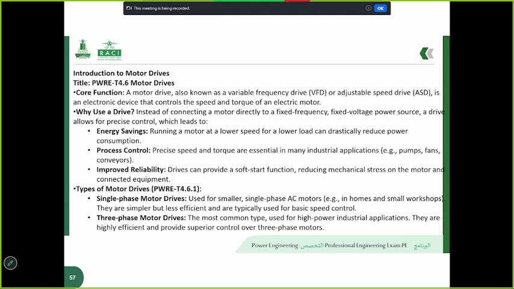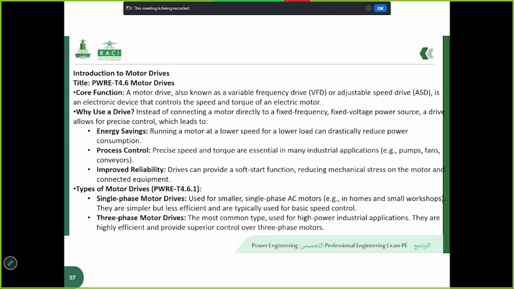They achieve this by converting a fixed voltage, fixed frequency AC or DC power source into a variable voltage, variable frequency supply for the motor. So this contrasts with direct online start, which simply connects the motor to the grid at its full rated